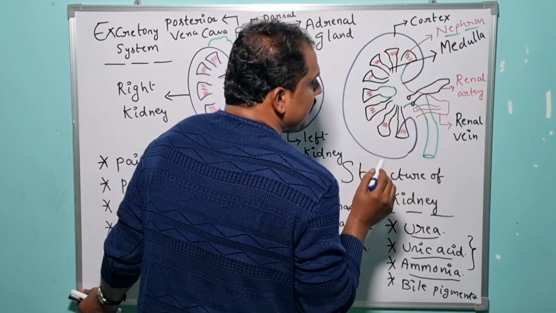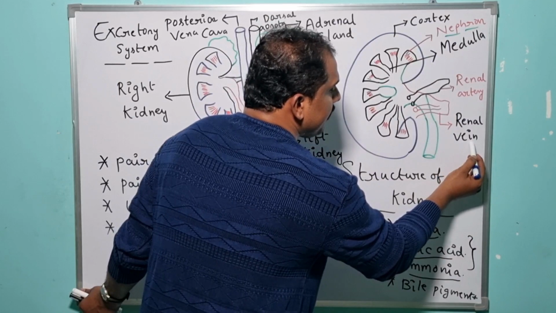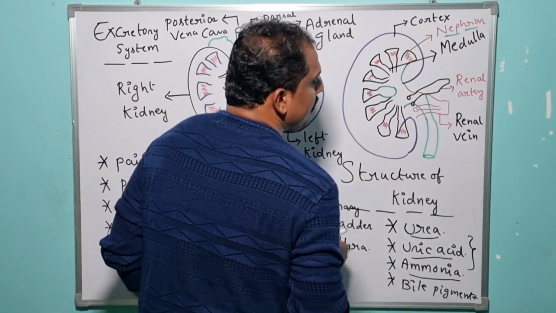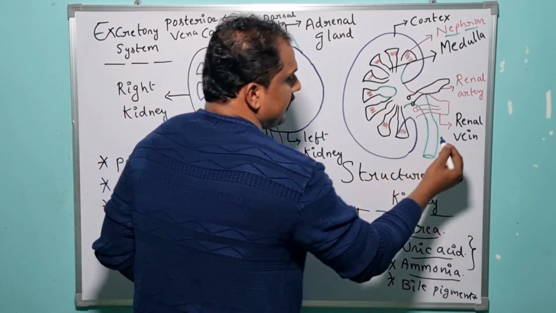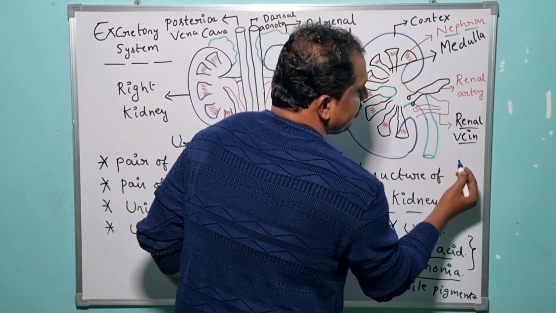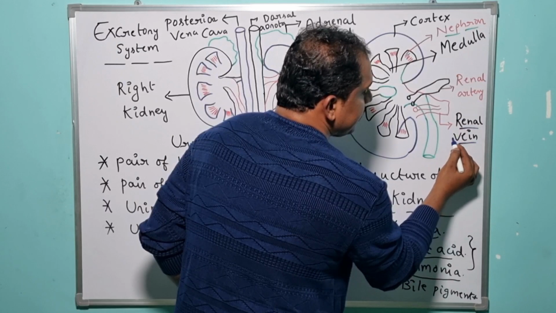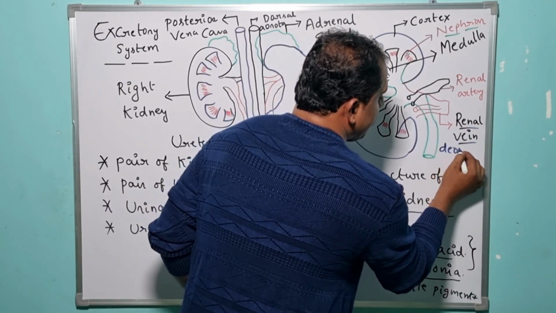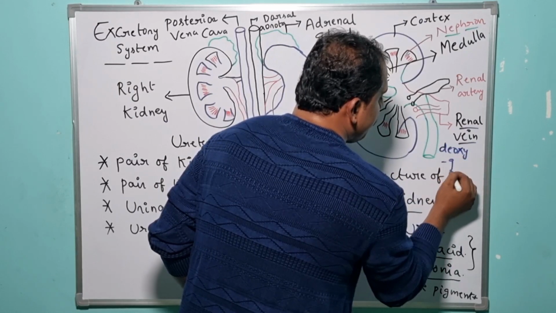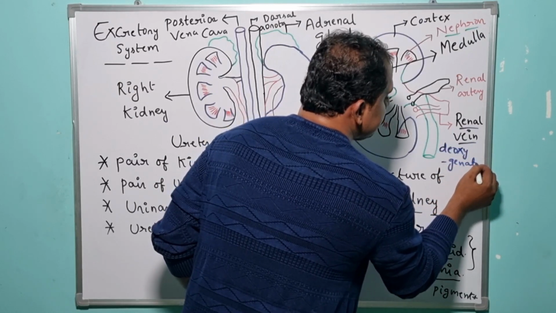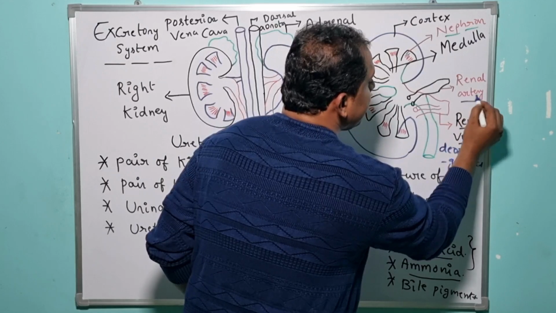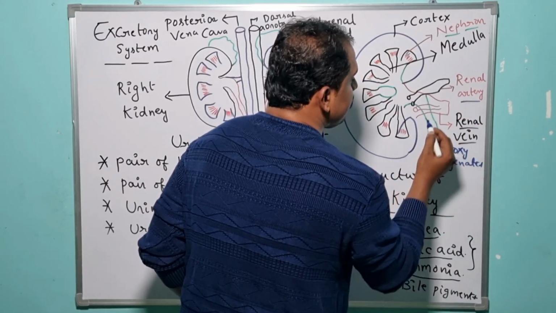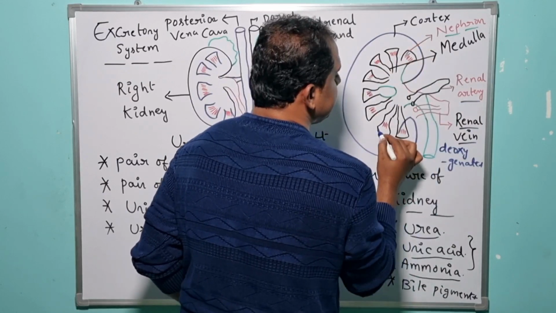The role of the renal vein is very simple. The role of the renal vein is to give out the deoxygenated blood. The deoxygenated blood is carried away by means of the renal vein. The renal vein is responsible for giving out the deoxygenated blood, whereas the renal arteries are responsible for giving the oxygenated blood. So this is the basic composition